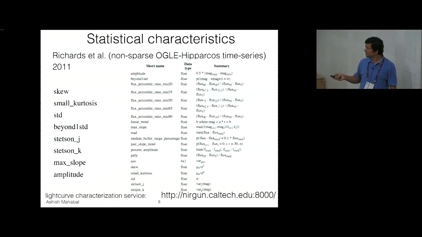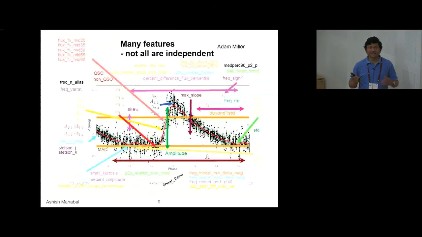So here is a whole set, and there is a service that we have. It's not a huge service, so if you want only a few light curves for which you need those observations, you can get those from here, for instance. And if you plot these statistical features on top of a single light curve, you can see that they are trying to get different aspects of the time series in different ways. What's shown here is a phased time series. One has already found the period and folded it.